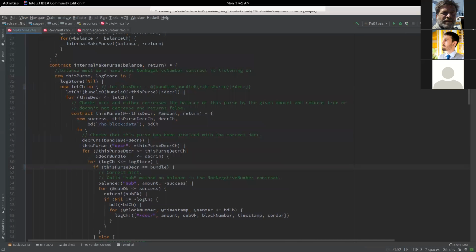So what I wanted to do was write this, bundle 0 of the Decker channel, right? And when I tried to do this, it wouldn't compile because it said you can't do equals bundle 0. And I was like, oh crap, I need to do something better. And then after doing some playing around, I noticed that if I store it at some name, then I can just compare this thing with this name and everything is good. And then Mike informed me that all I really needed to do was that.